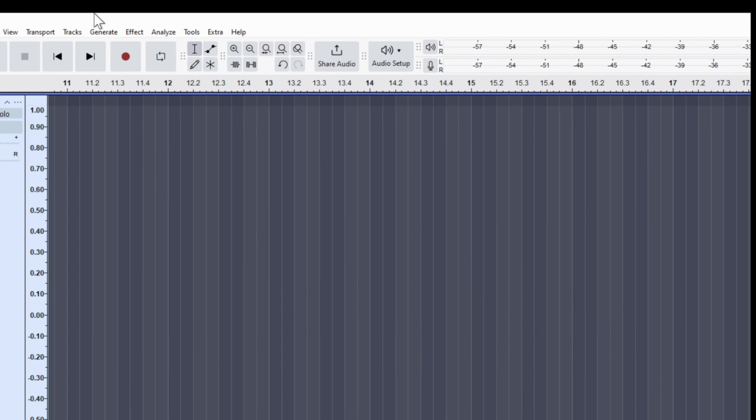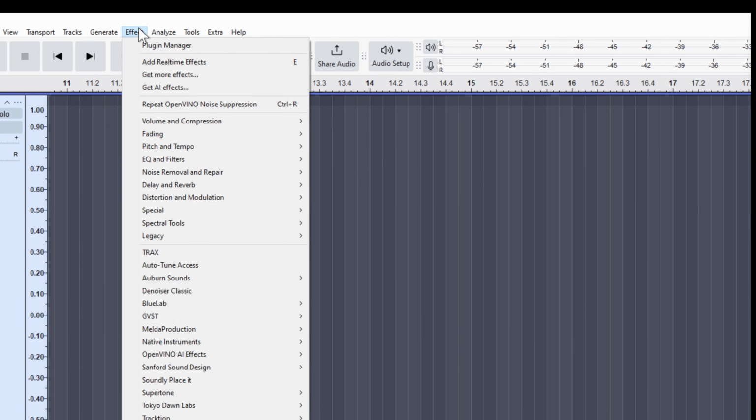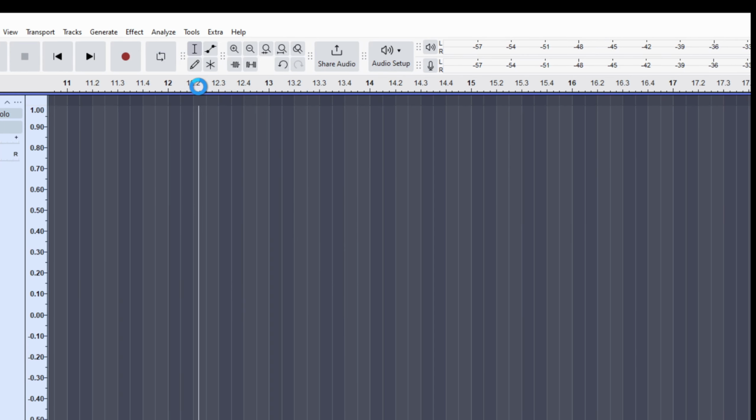Friends, to get this effect in our Audacity, what do we have to do? We have to perform all these activities so that we will get the file in our system. This is a small plugin given by Audacity. So on the screen we simply go to Effects. Here we have an option called Get AI effects. If you click on that, the system will open